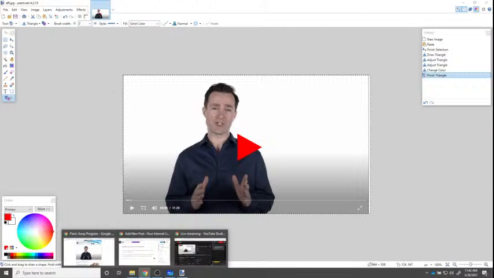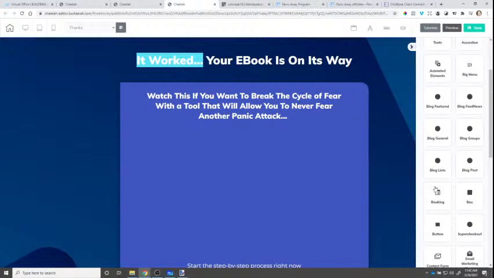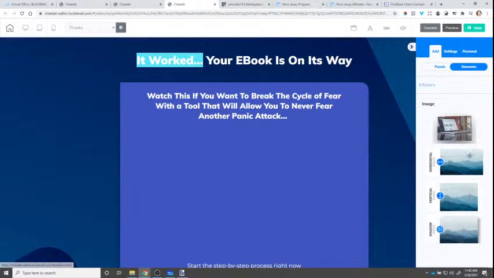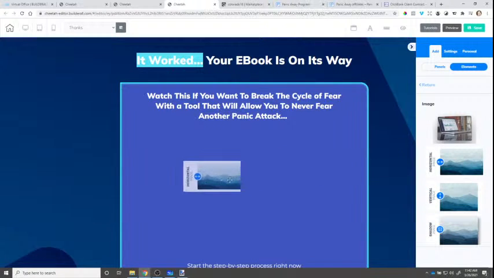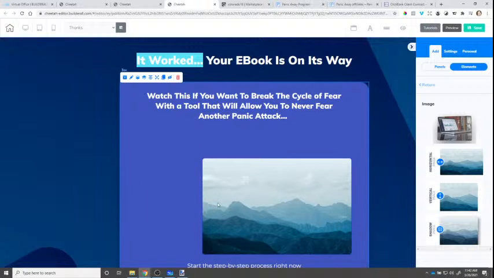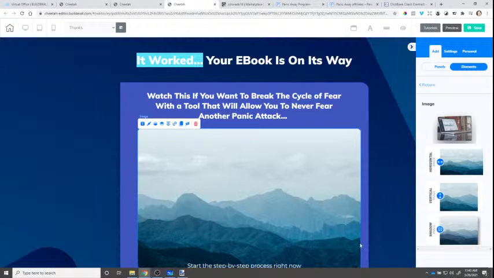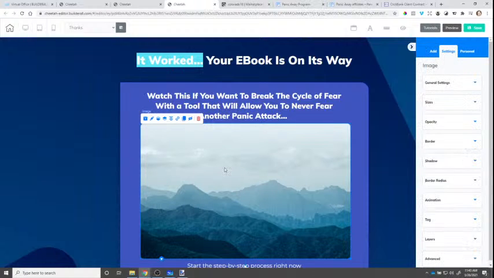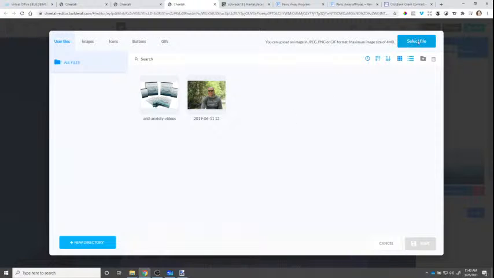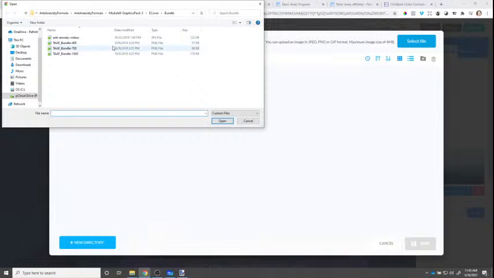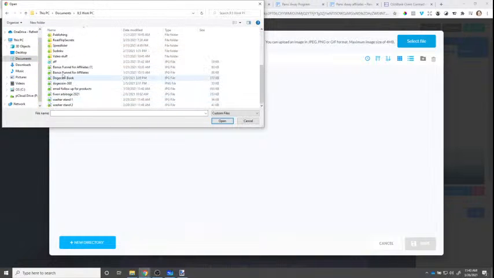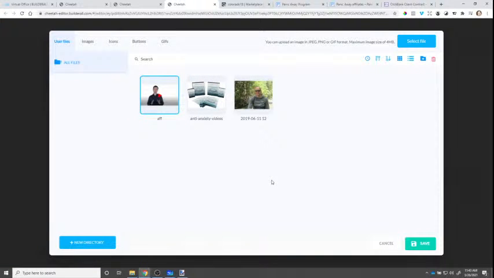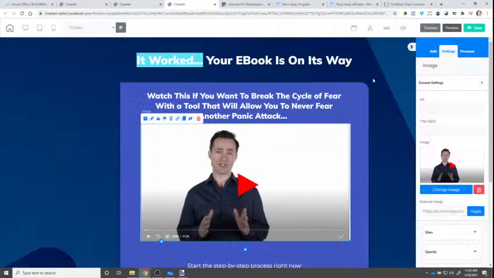So now we can go back here, back over here, grab an image, HI. Okay, make it nice and big. Now we know we just hit the edit button on these and go into general, change image. Select. There it is. Okay. There we go. Now,